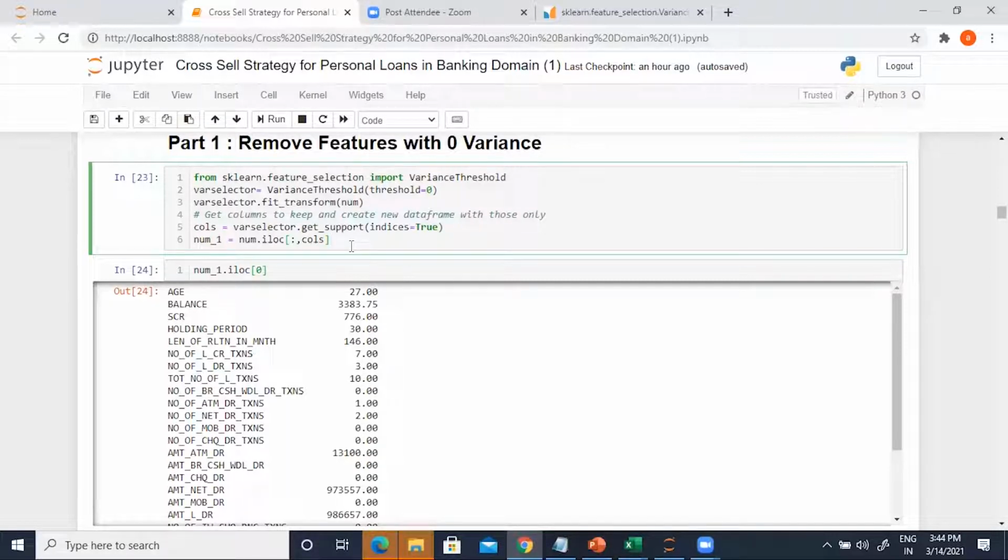The other answer you should give is that this is a classification problem, and his answer is absolutely right, but if this was a regression problem, then also you need to remove the ones with zero variance. Think of a linear regression problem. If you have a continuous variable to predict, you must remove features which have zero variance. Why?